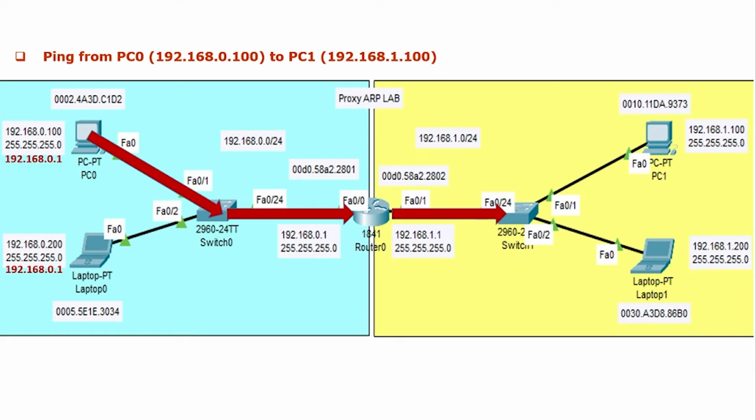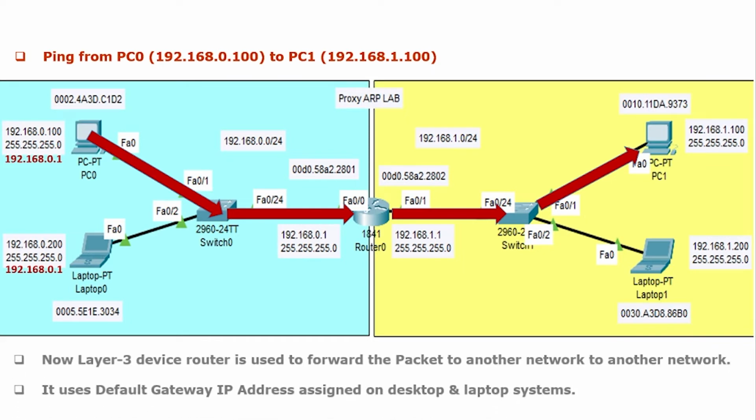Because 192.168.1.100 is not a local IP address, using the default gateway IP address it will try to find it. That frame will be further forwarded to the switch, then the switch will forward it to the client. Then the respective client will give the reply.